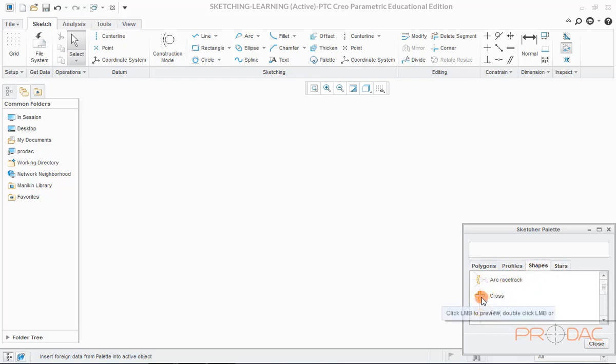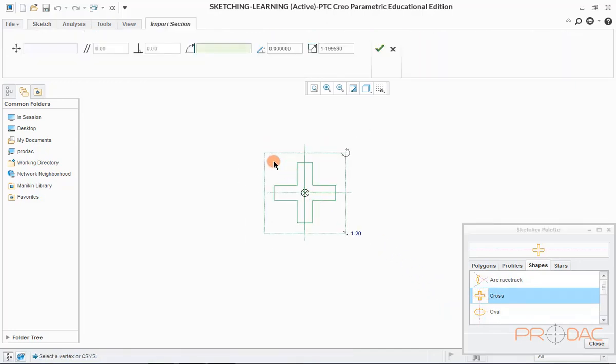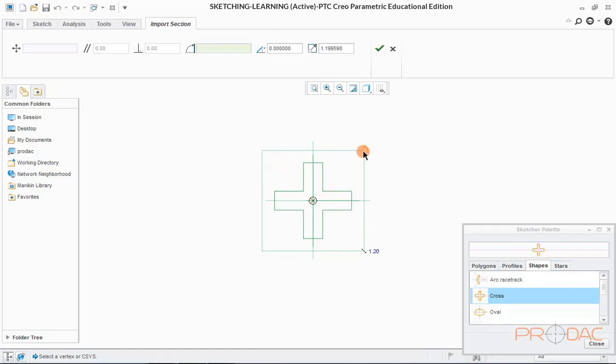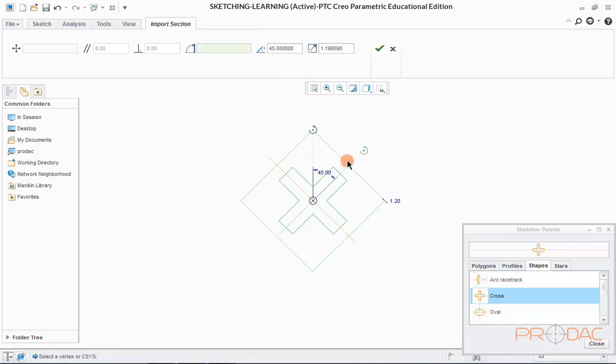Once shape is selected, click anywhere in the graphical area. We can rotate the symbol by using this arrow. Keep the scale 1:1 to ensure correct size with respect to sketch. Now, press OK.